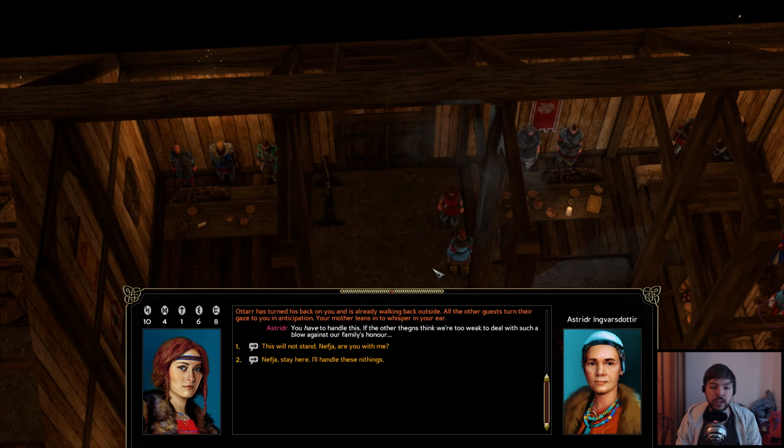All the other guests turn their gaze to you in anticipation. Your mother leans to you and whispers in your ear, you have to handle this. If the other thanes think we're too weak to deal with such a blow against our family's honor, this will not stand...